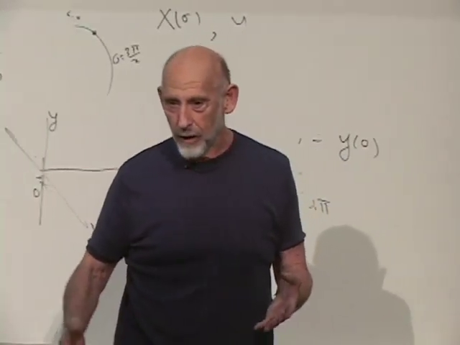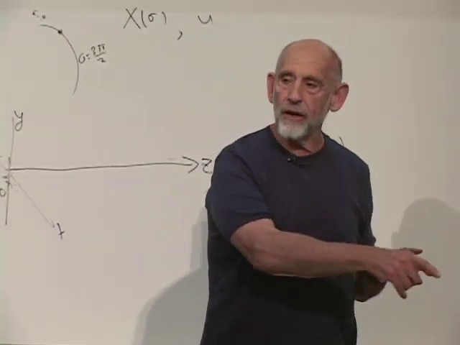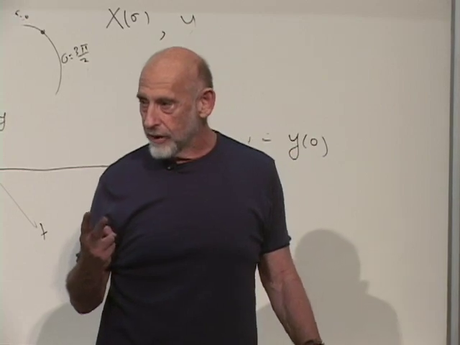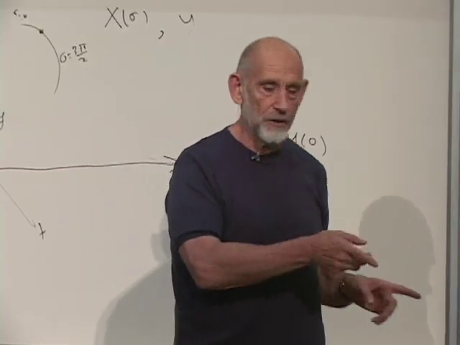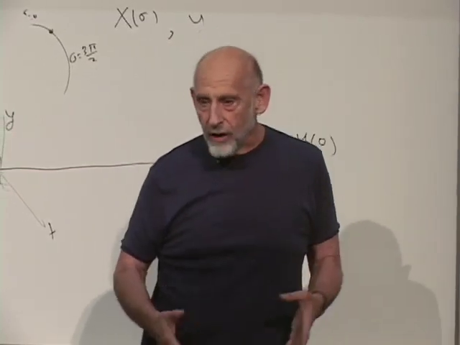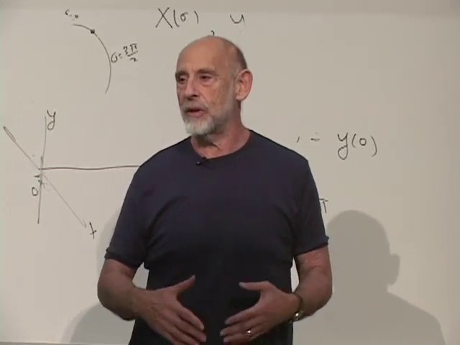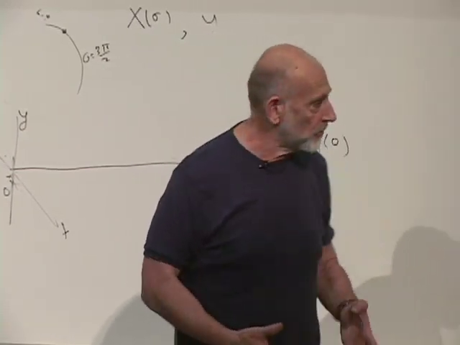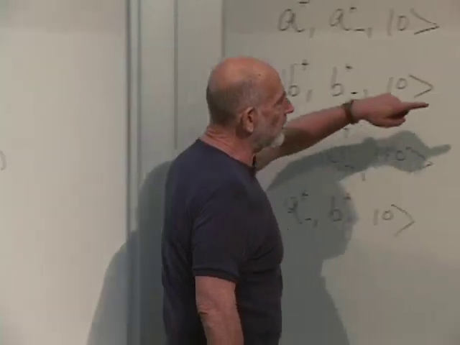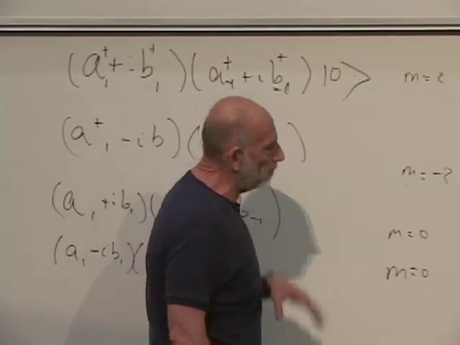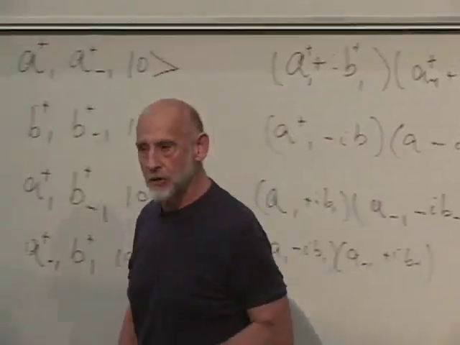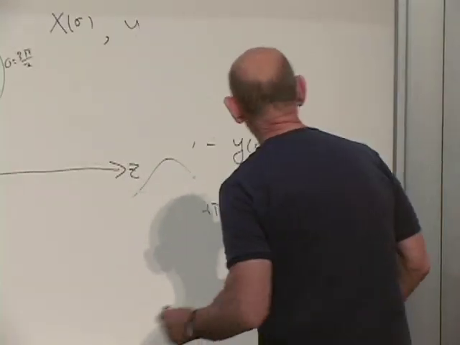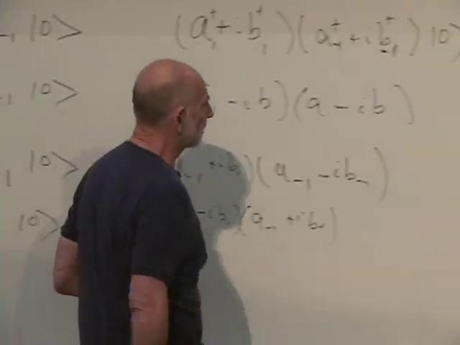The only difference with a photon is the right-handed polarized graviton has 2 units of angular momentum, and the left-handed has minus 2 units. Gravitons do not come with angular momentum 1 or angular momentum 0. So the only possible interpretation, if this is to make sense, is that there's a graviton here,